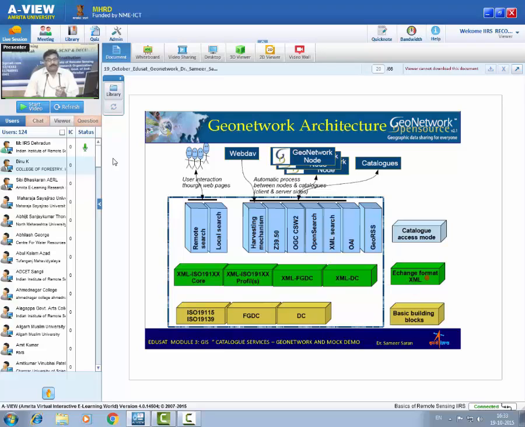Then the second part is the exchange format XML. I was telling you in my second slide that for decentralized or distributed data, you need to have interoperability and you need to have a standard. That is only possible if there are two information systems, one using Microsoft, another using Java or some other platform. If your entire information gets converted into XML, which is considered to be an interoperable standard, whatever you develop, once converted into XML, becomes interoperable on the web. So that is the beauty of the